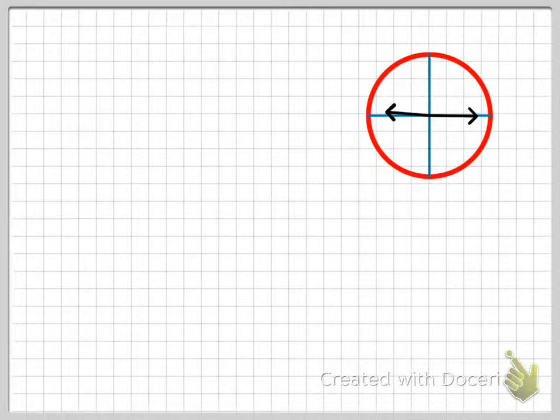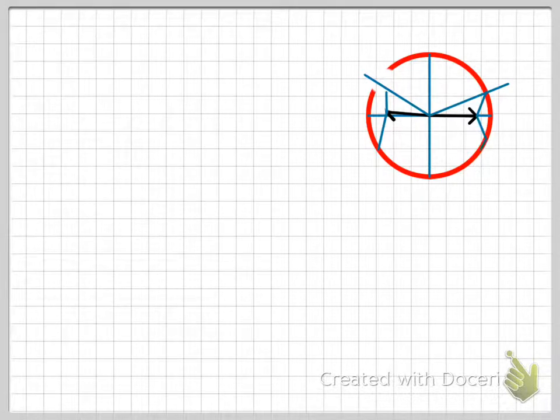Of course, that would give us angles that are not well drawn. Let's fix that. I lost part of the circle. Angles that are right here and right here, and of course at the bottom in each of these quadrants as well,